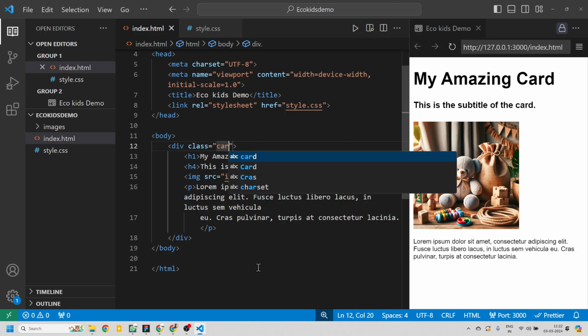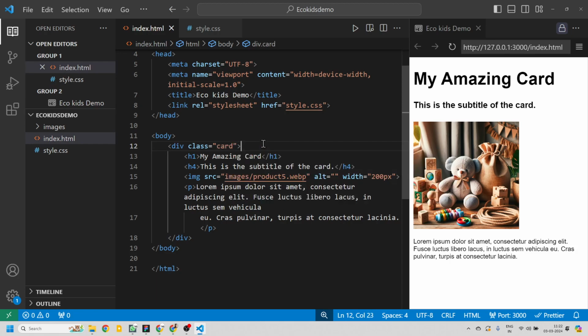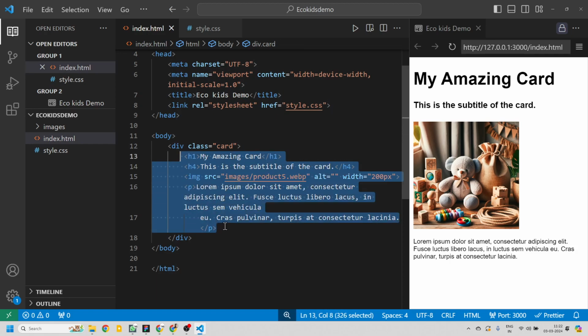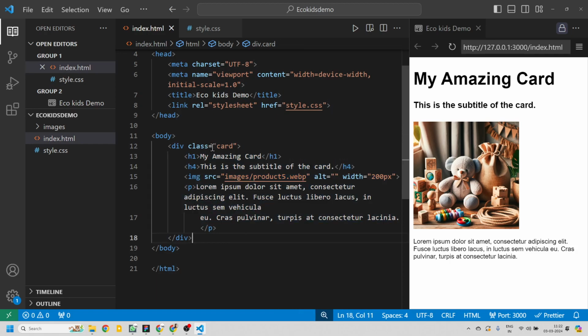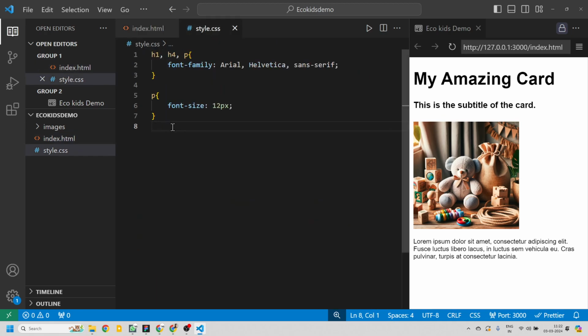So I'm just gonna type card because this is a card, right? And this makes me understand that I'm working for the card I have built, and these are the contents which are there inside the card. Okay. So after giving this class here, I can go to the style.css,